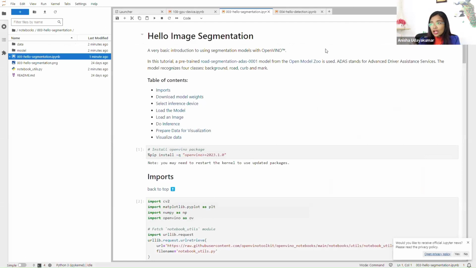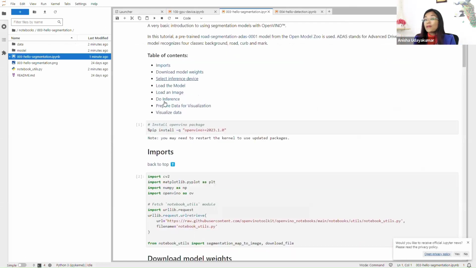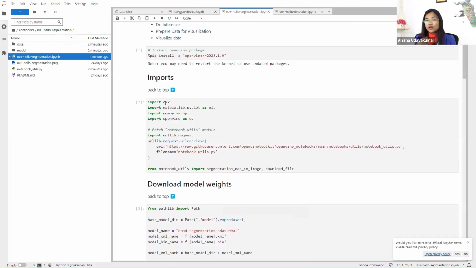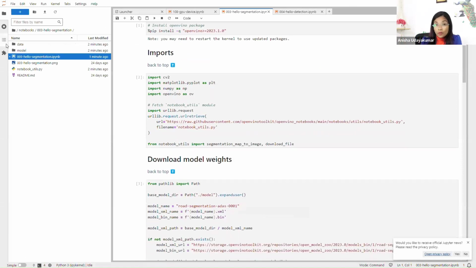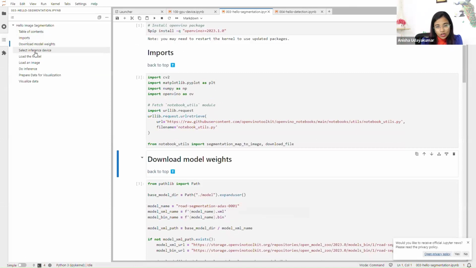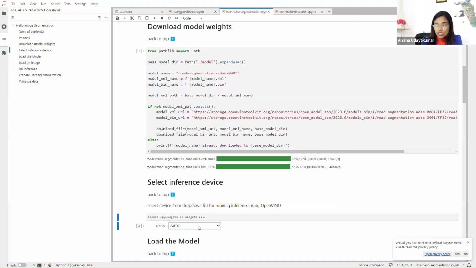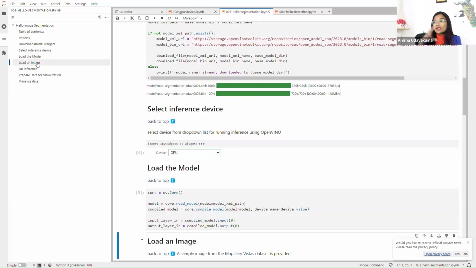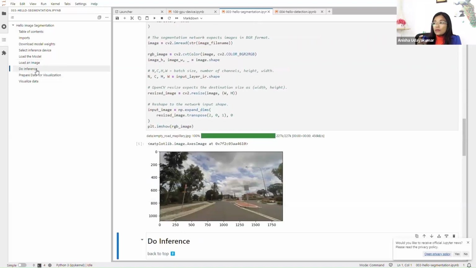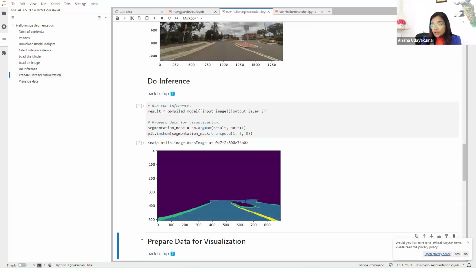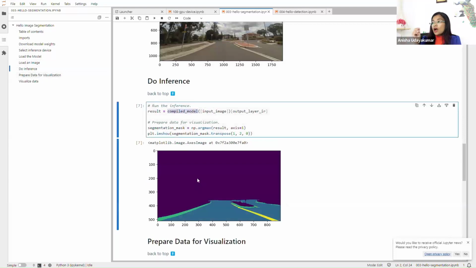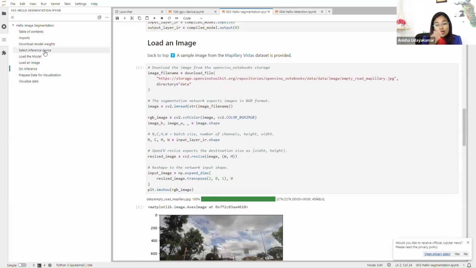So today I would like to show you a couple of notebooks, the basic ones. If you are a Gen AI or LLM expert and wanted to know about it, please join the next workshop series. We'll be deep diving into it. Here today, first let's see the segmentation notebook, where you'll be able to segment the image that has been given. So the core idea here is we are going to pick a segmentation model, optimize it with OpenVINO, as you see here, and then run it across multiple hardwares.